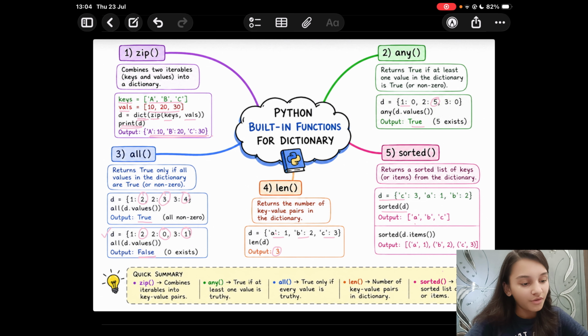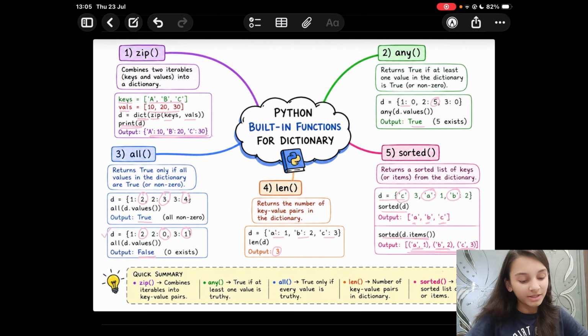So all the keys are arranged in a sorted order. Note here, the keys are arranged. Okay. So if we try to print sorted of D dot items, then in that case we'll get a list with the tuple pairs, right?